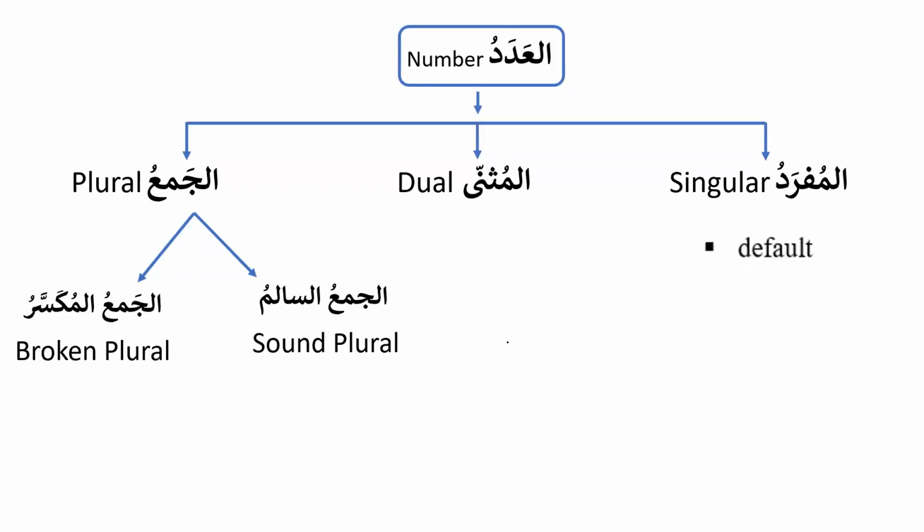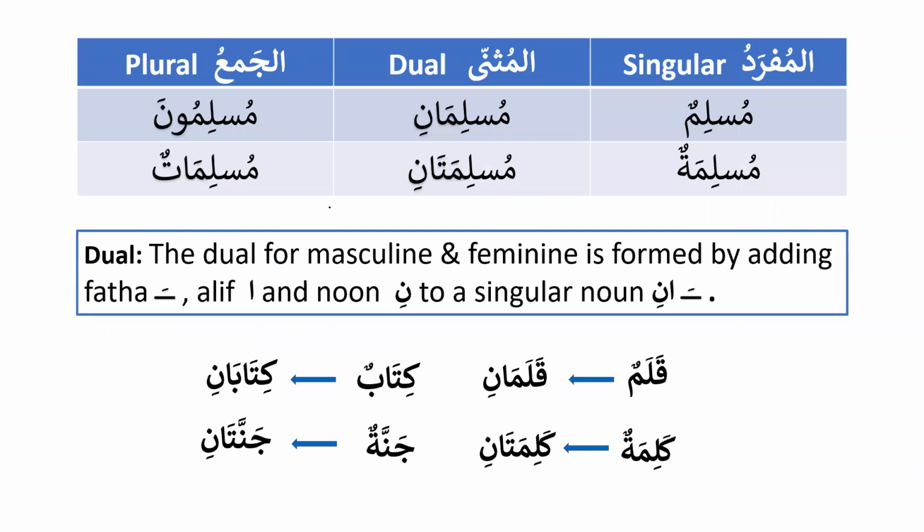Al-adadu, the number, we have learned about the al-adad, or about the number. So al-mufrad, as we know, is singular, which is the default. Al-jam'u, we have learned that there are two types of the plural. Al-jam'u salimu, sound plural, which comes on the pattern of una, and for the feminine, it comes on the pattern of atun. And al-jam'u al-mukassaru, the broken plural, and it follows different patterns. And inshallah, today we will focus on al-muthanna, which is the dual. Now let's see how to make dual or al-muthanna.